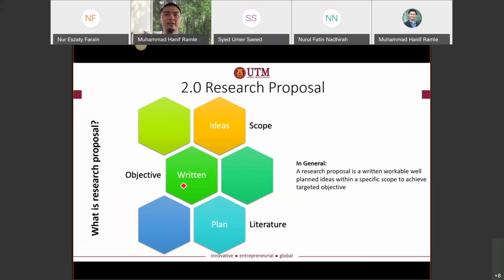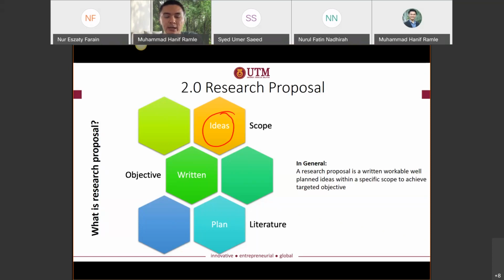So the idea comes from the literature, of course. The first thing, the idea coming from the literature, is that you have to identify what you want to do in your research. Basically we call it a research gap. So the element that you will do is actually not yet done by others. For example, in terms of biomaterial, you want to develop a material that does not exist yet in the world.